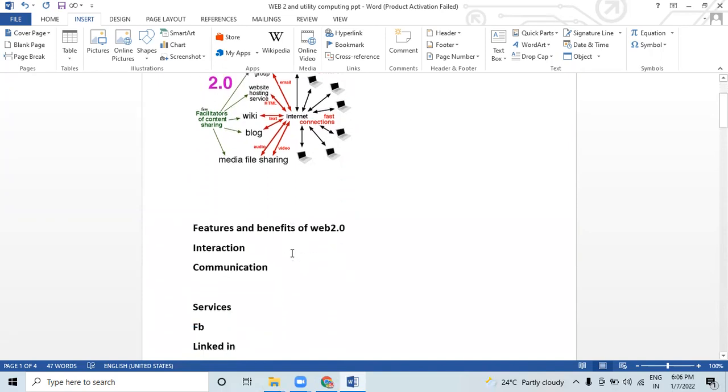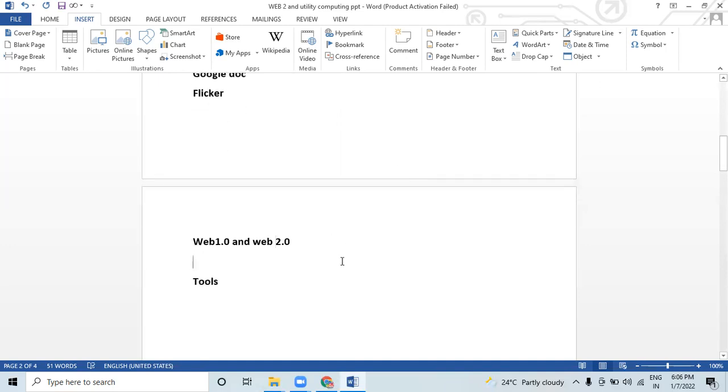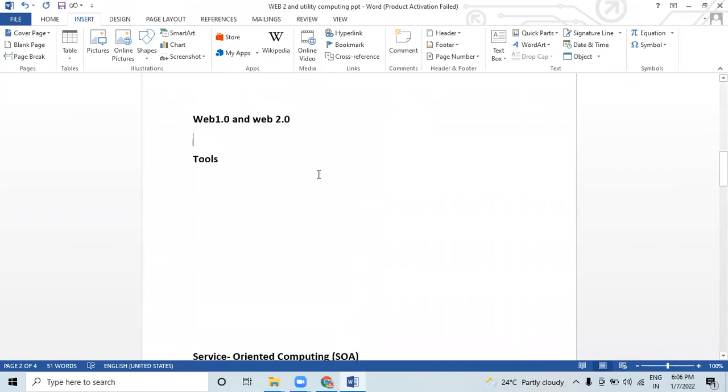So what is the difference between Web 1.0 and Web 2.0? So the difference between Web 1.0 and Web 2.0 is that Web 1.0 is the first ever version of the web browser. Web is nothing but it is called a web browser. Okay, so it is the first version of web browser, and whereas Web 2.0 is a byproduct version of the